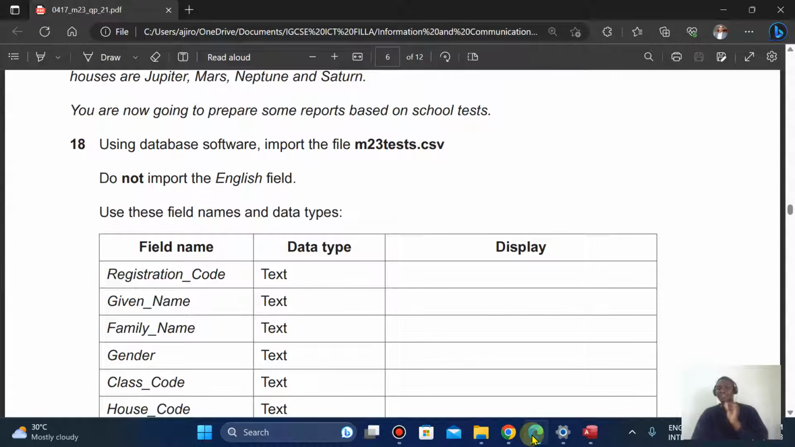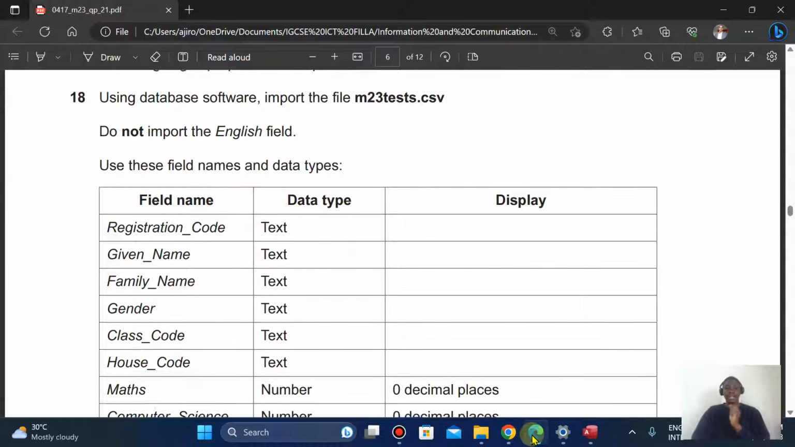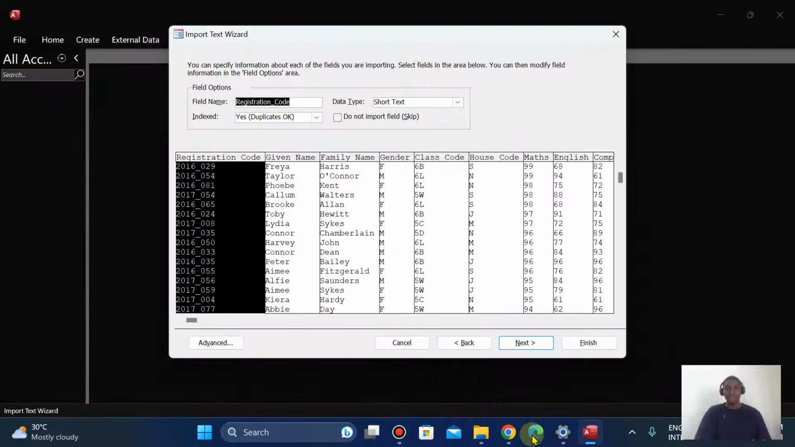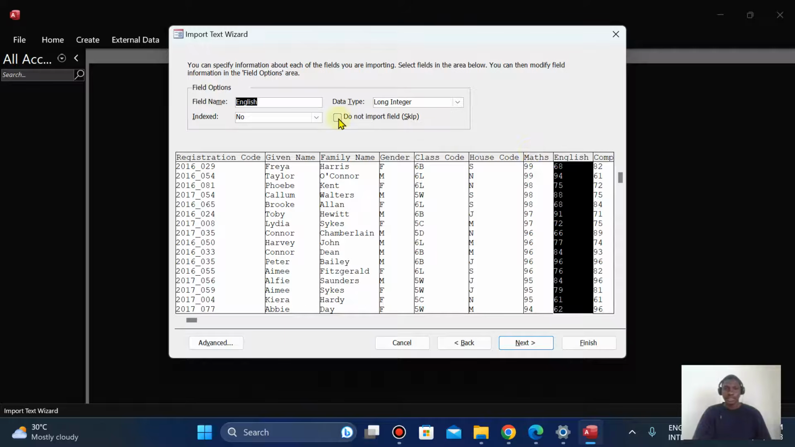Now let's go to the question. Do not import English field. Okay, so there are fields right here, and English is part of it. We're going to check how true that is, but you are not to import it in the final table. English should not be part of it. It's not hiding, no, but English should not be part of it. So how do we do this? Now we're going to look right here. So here is English. I'm going to check this, do not import the field,